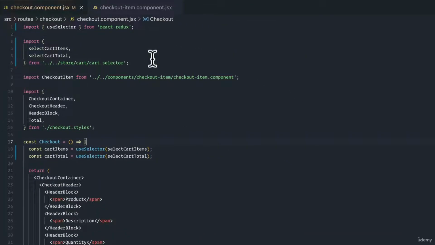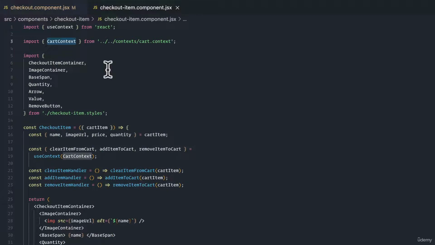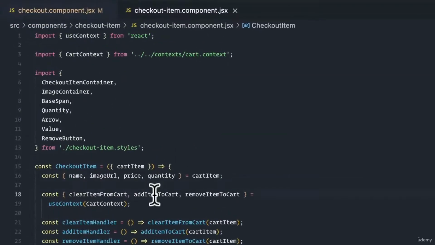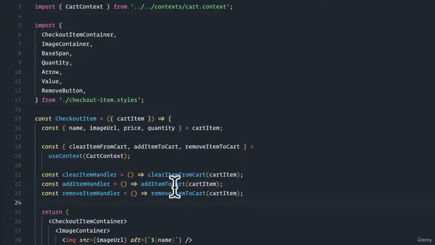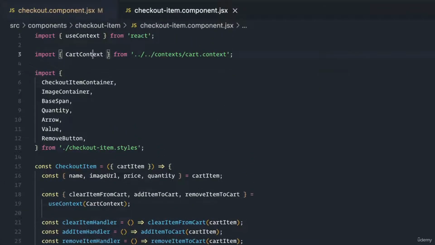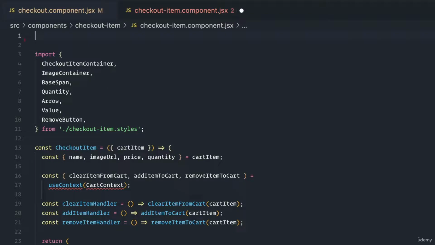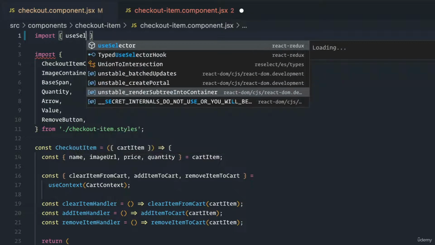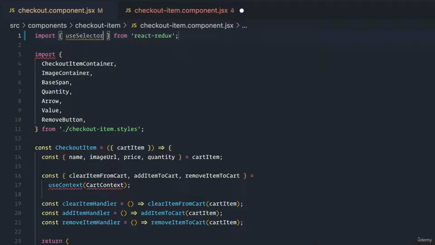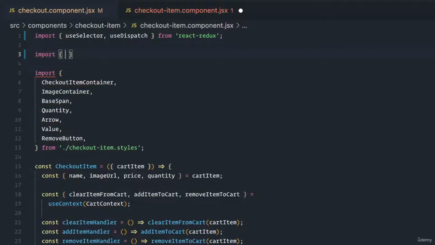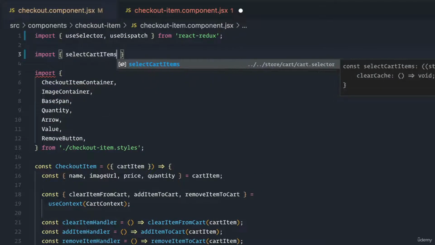Now what we need to do is do the same thing for our checkout item. So our checkout item has both add item to cart, remove item from cart, and clear item from cart. And as we know with these three methods that we have, which are our action creators, they need the cart items as well. So this component is actually going to be the one that calls probably the most. So we'll need our use selector. We'll also need use dispatch. And then we're going to bring in our select cart items